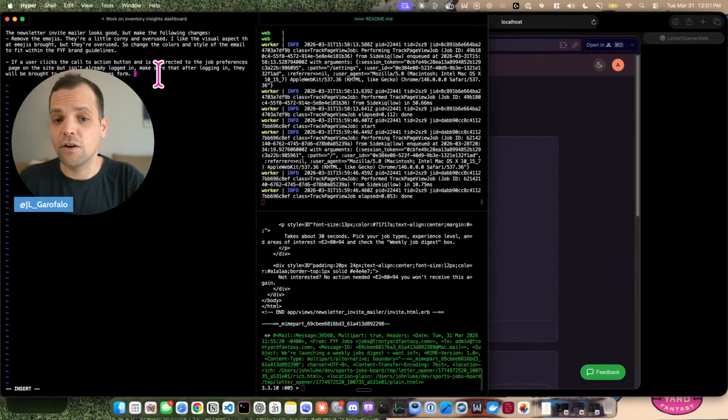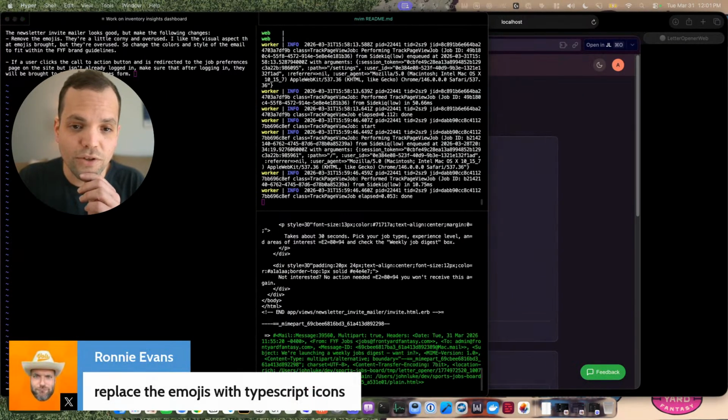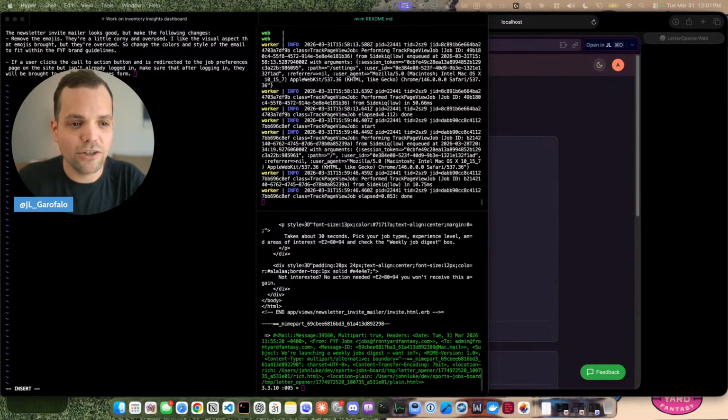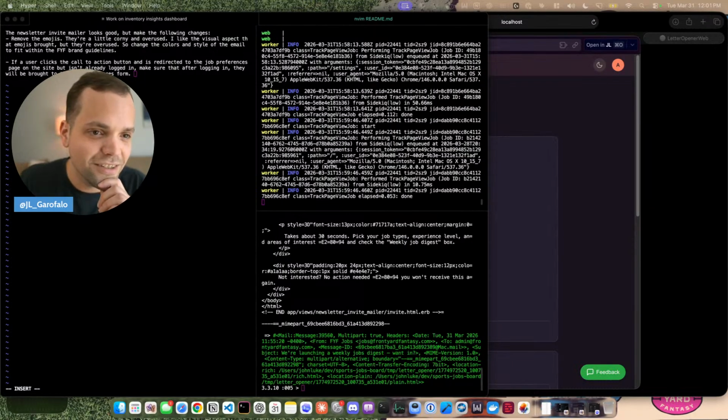Ronnie says replace the emojis with TypeScript icons. TypeScript icons, like the TypeScript language, or is there a specific type of TypeScript icon? Let me know, Ronnie. When I Google TypeScript icons, I get Icons8, which is just generic icons, but Bootstrap icons are generic.